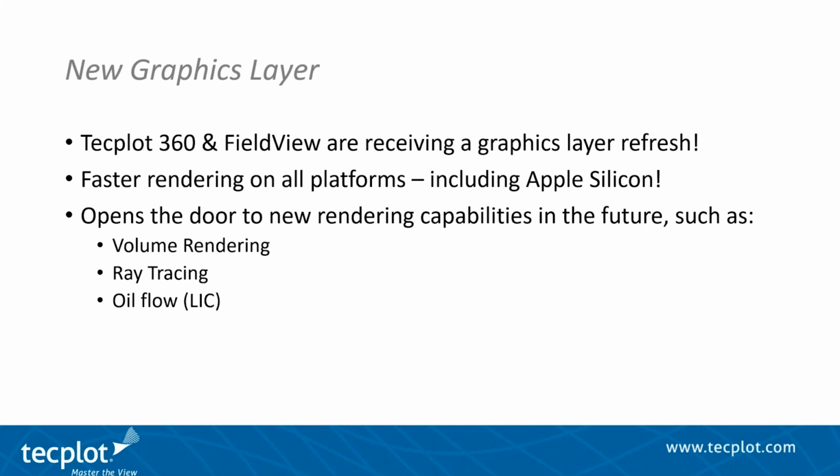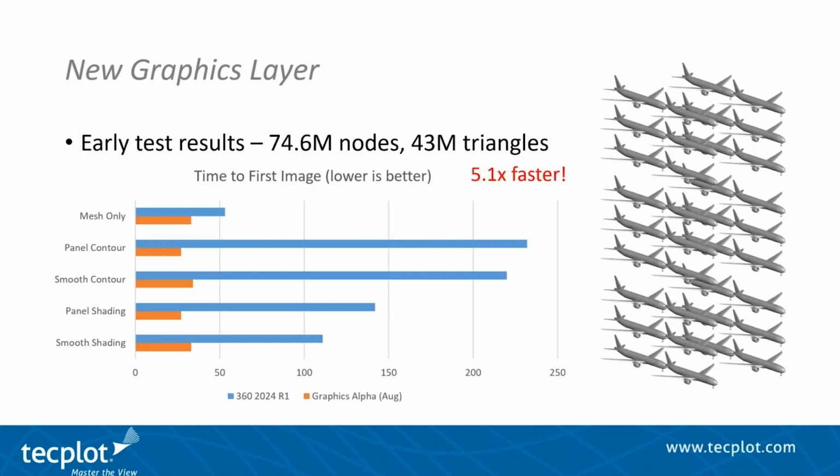And then this work also opens the door to new rendering technologies such as volume rendering, ray tracing, and oil flow plots. Now, these are not our primary concern right now. The primary concern is to replace the rendering that we have and get it back to parity, and then we can add these new capabilities. So let me show you some initial performance numbers. So these were run on a Linux machine with a fairly current AMD Radeon card. We took a transport airplane and